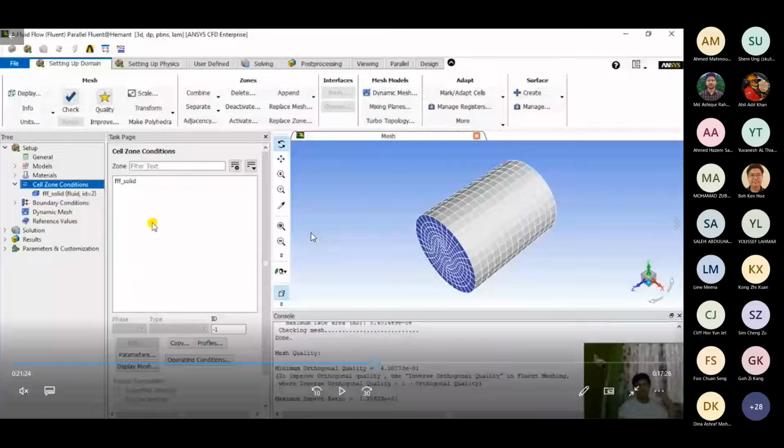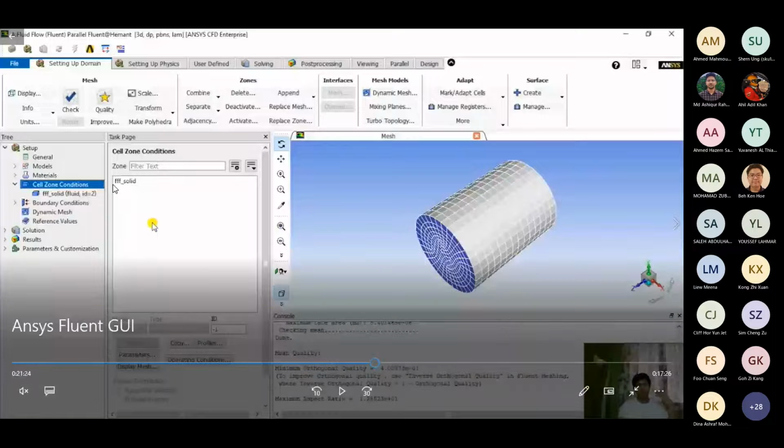But later, when we came into the meshing domain and updated the mesh, we gave the name selections, and then the nature of that component became fluid. So the name remained the same, but the nature of the component became fluid. If I click over here, you'll see at the bottom that the type becomes fluid.